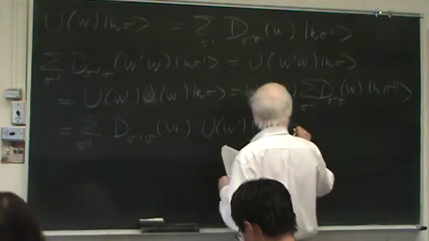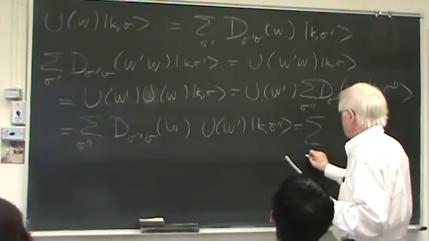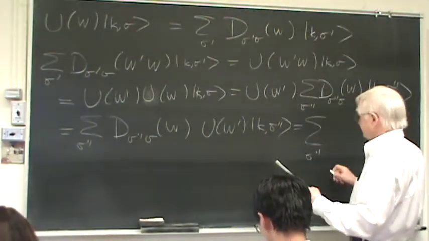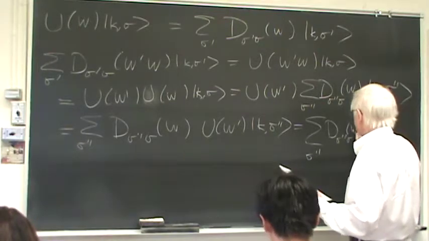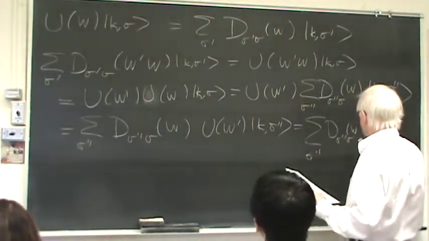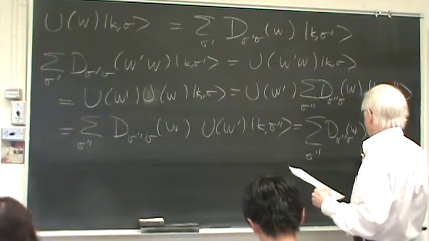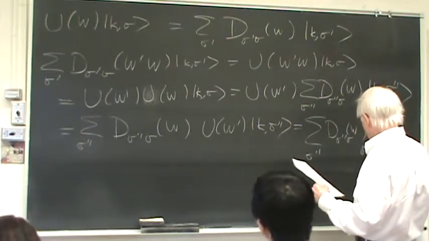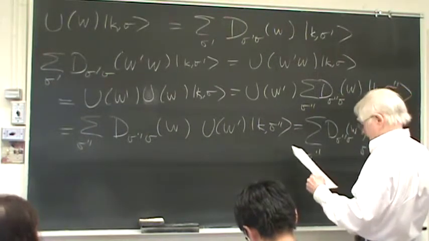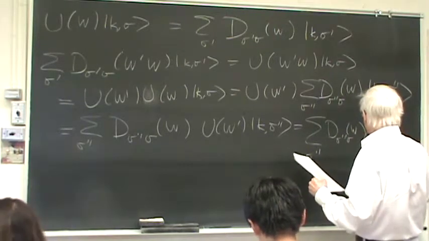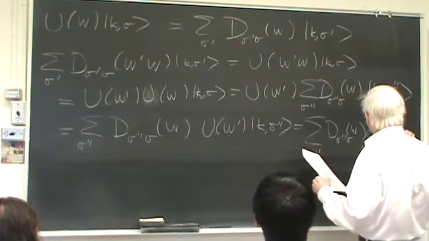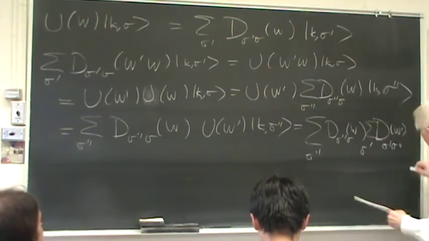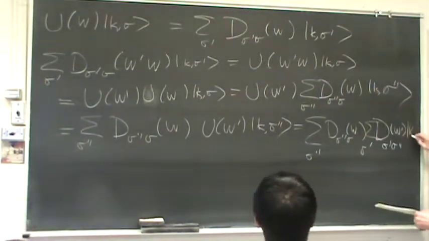So this has to be some sigma double prime, d sigma double prime sigma of W. And now this one is some sigma prime, d sigma prime sigma double prime of W prime. Now this is K